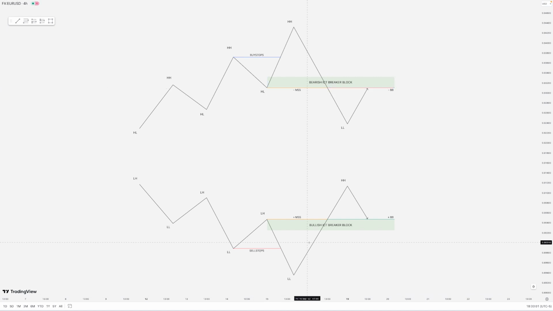So now that we have gotten a raid on our buy and sell stops, followed by a market structure shift, where is our breaker block? In a bullish example, the breaker block always resides between the two lows which formed prior to the bullish market structure shift. In a bearish example, the breaker block always resides between the two highs which formed prior to the